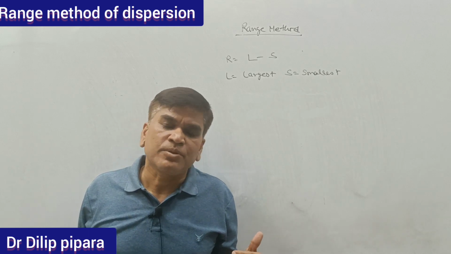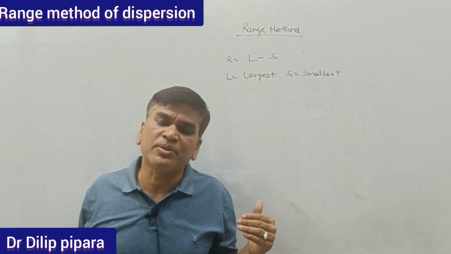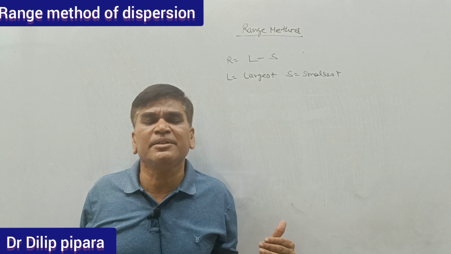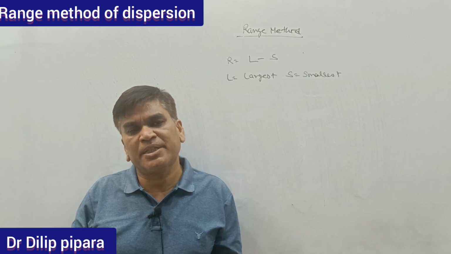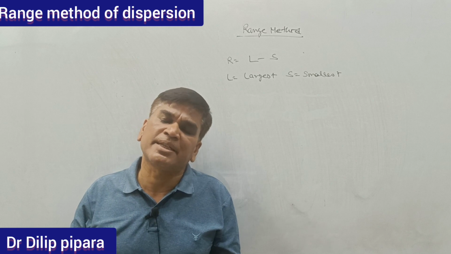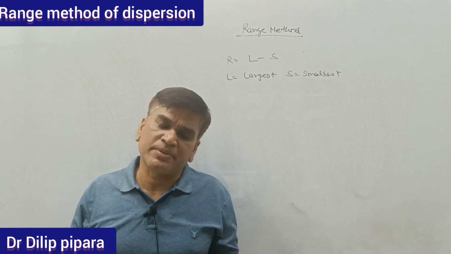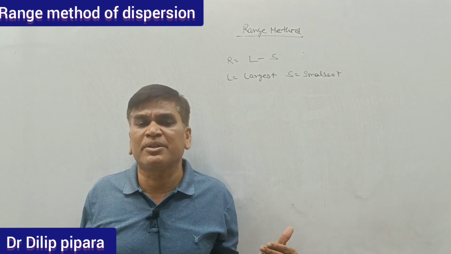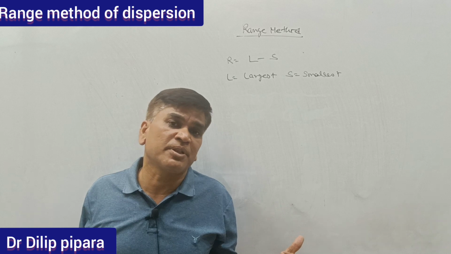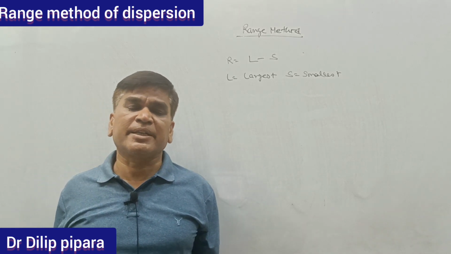Dispersion. Generally this method is not common in examinations. In examinations, the examiner sometimes uses the quartile deviation method, and majorly the standard deviation method is very important for dispersion. But the range is also important from the point of view of objective questions. So that's why we will discuss today how we calculate the range.